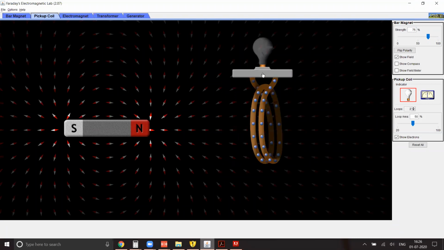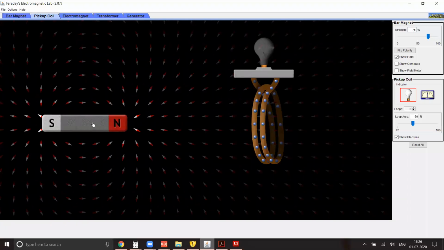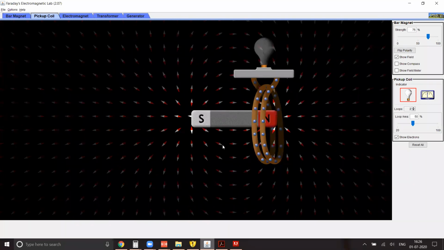Now the question is, observe. I am keeping them at a relatively greater distance. I am trying to move the magnet. Concentrate only on the direction of electrons. So I am moving the magnet. Two questions to be answered, fill in the blanks. First question: was the flux increased or decreased? Increased. Second, what was the direction of electrons? Downward. So when I say downwards, it is up to me to observe the direction of electrons.